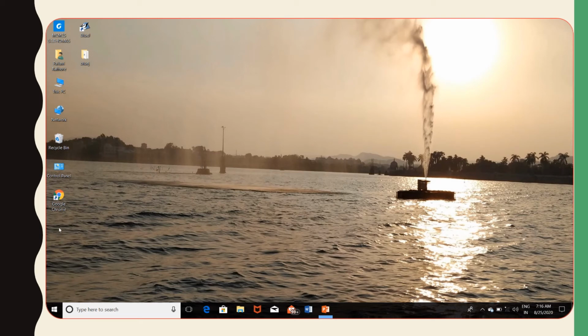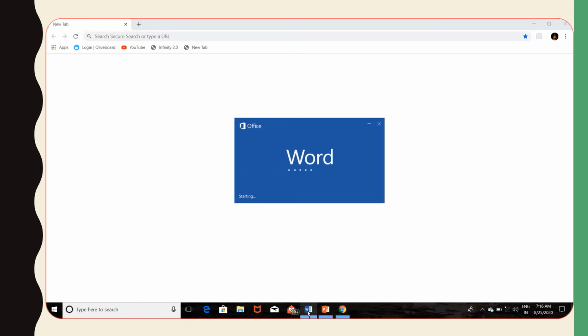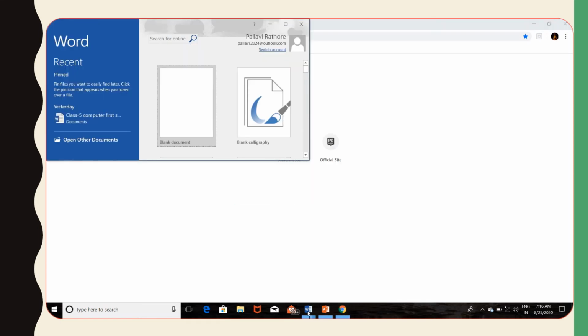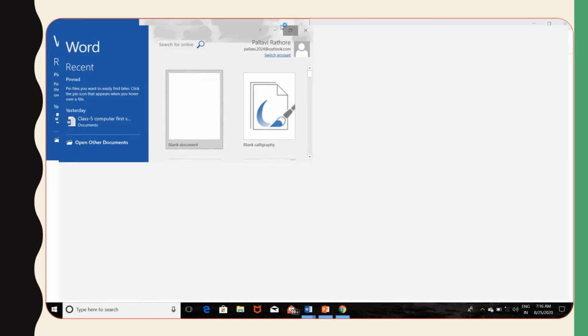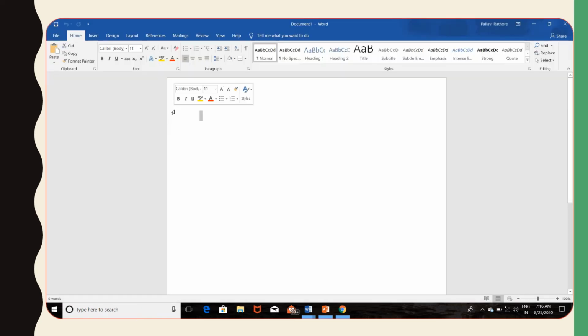First, we will double click on the Google Chrome icon so that we open Google Chrome. Okay, this is Google Chrome. Then we will open MS Word also. Now Microsoft Word has been opened.